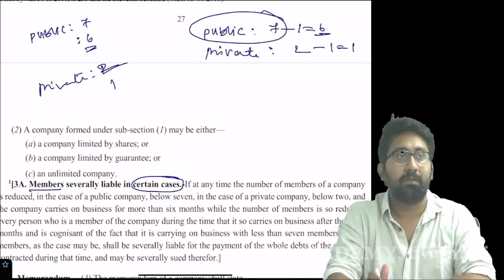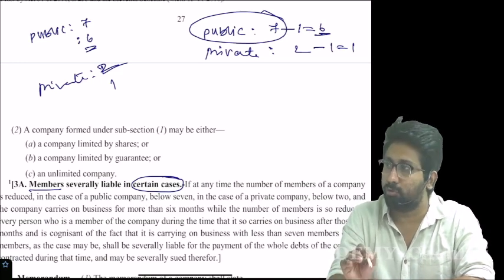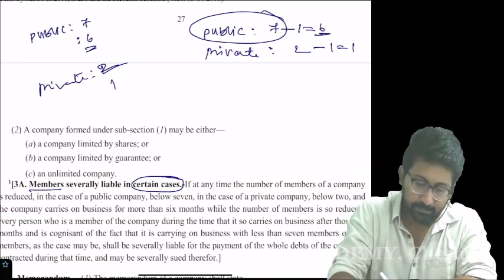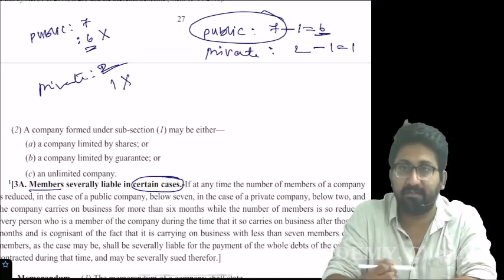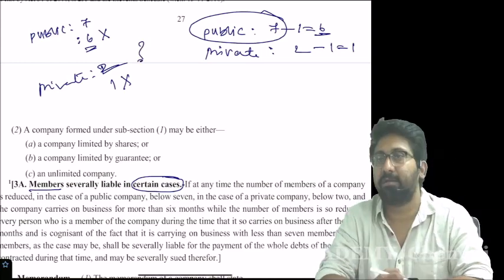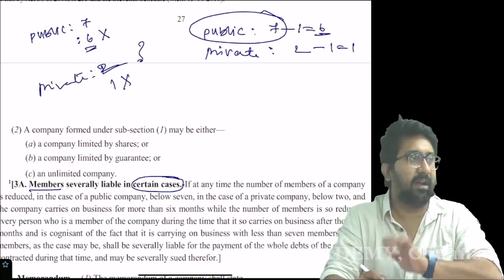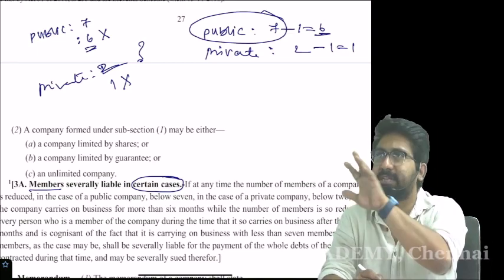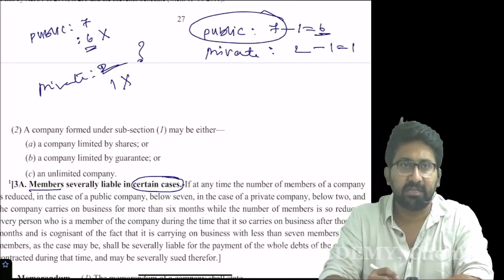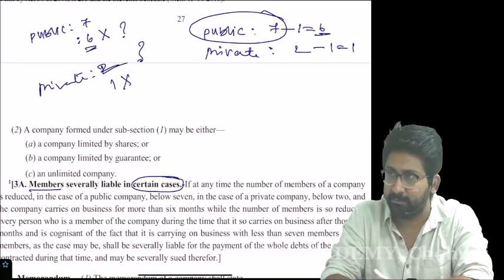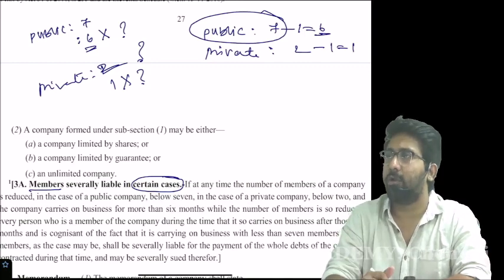That's the problem. When the number became 7 to 6, or when the number became 2 to 1, in case of private company, I can't call this as a public company. I can't call this as a private company. Then who you are? Is a question. Seven is there, minimum, for public. Two minimum for private. But for you, minimum has come to 6. For you, minimum has come to 1. In that case, how can I call you as a public company? How can I call you as a private company? Clear? So I can't call you.